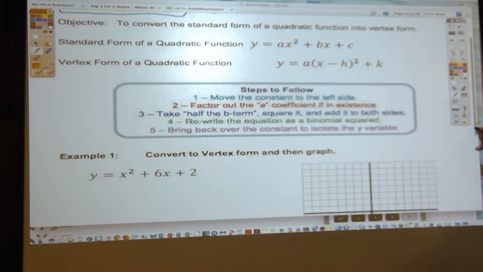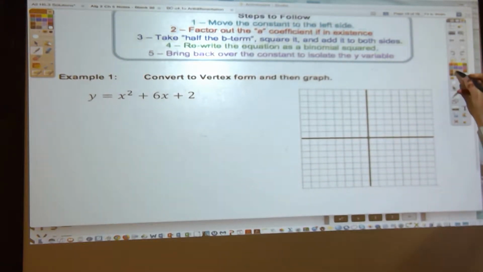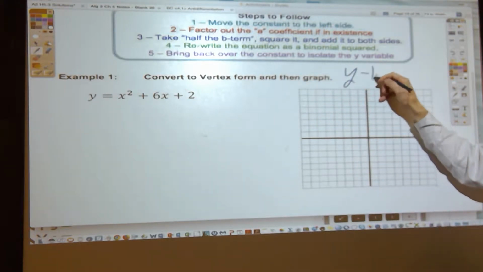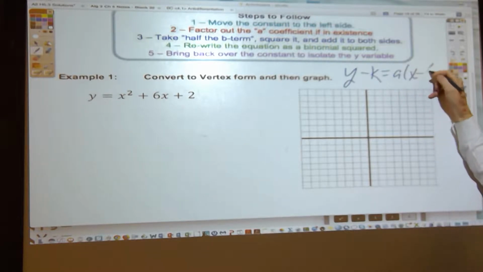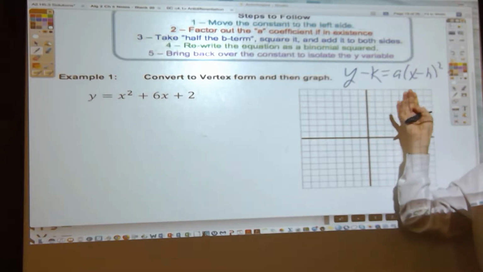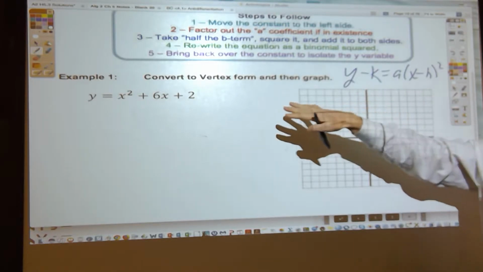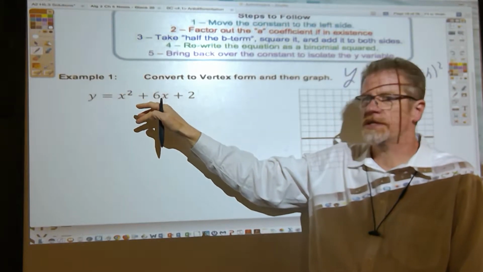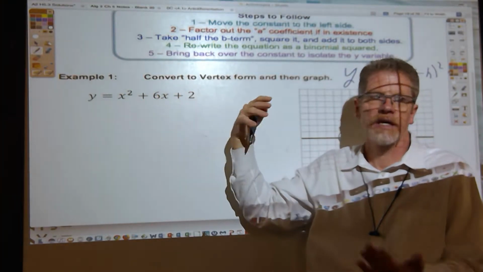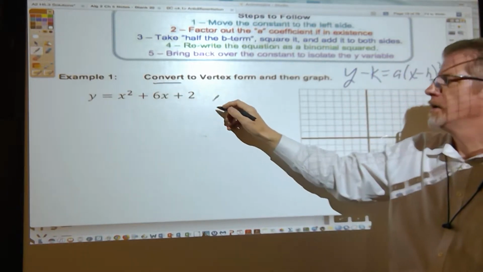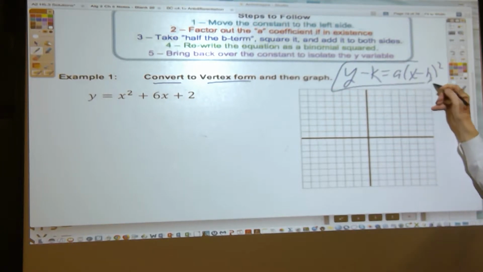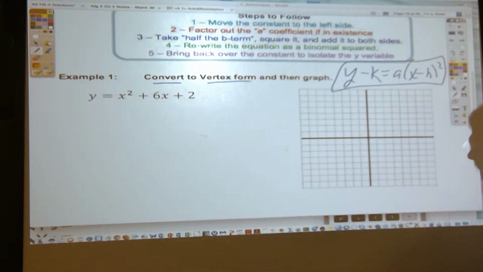Let's jump into it. Notice that in example 1, unlike the work that we did yesterday where all the equations were in the form either y minus k equals a times x minus h squared, or we had added k to both sides, today we're going to start out with equations that are in the standard form. A is 1, b is 6, c is equal to 2. How can I convert the standard form to the vertex form of which we've grown so fond after using it to create models of reality? Well,